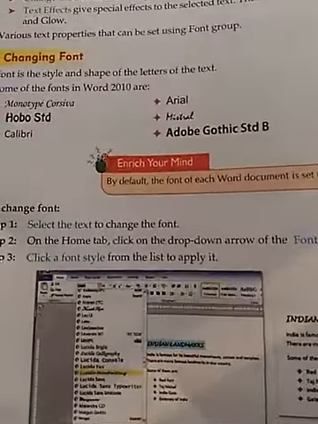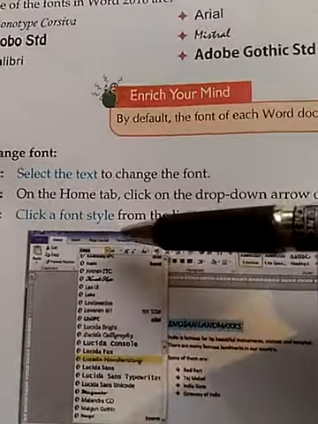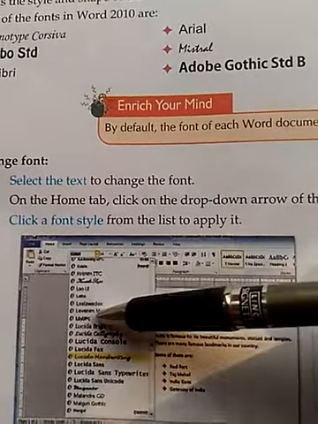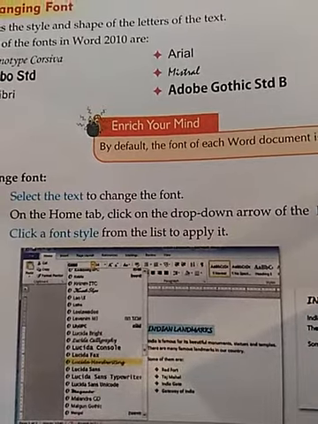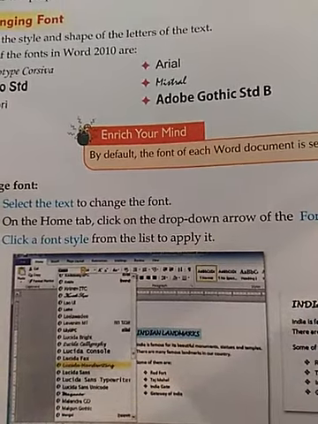After selecting the text, just click on this. You will find many types of fonts available here, and you can choose any of the font according to your requirement.